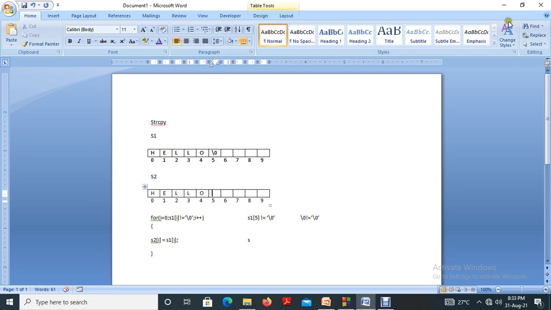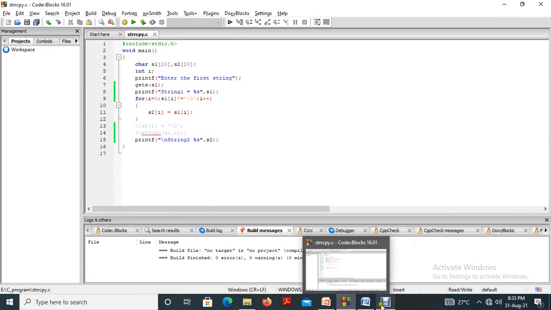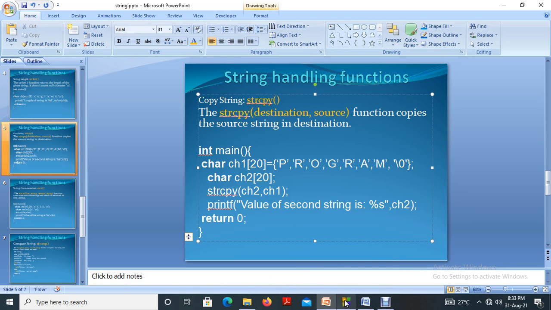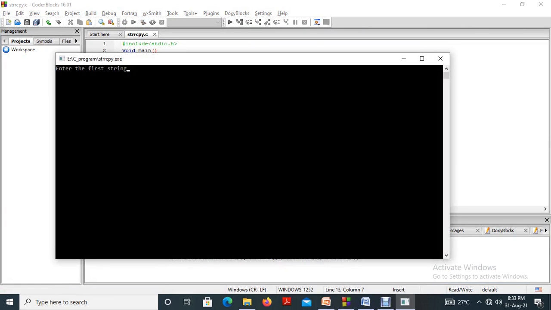Because of that, the compiler doesn't understand the end of the string. That is why the compiler prints the unwanted characters, because it's an array of 20 spaces. So all the remaining empty spaces are getting printed.